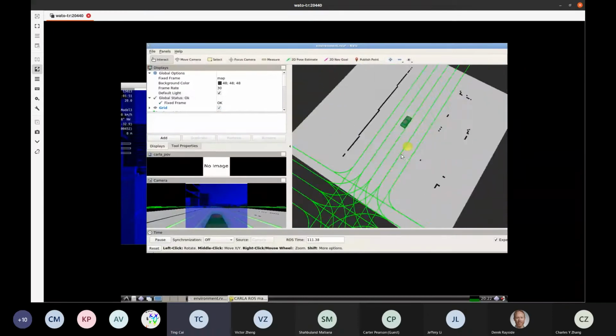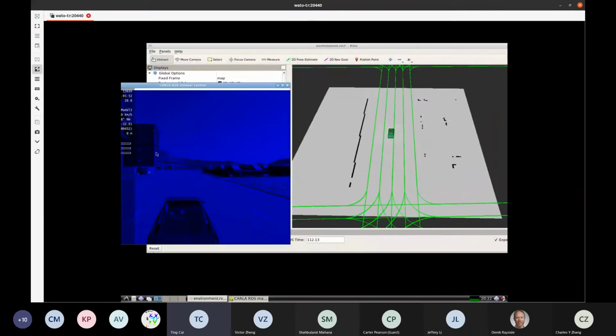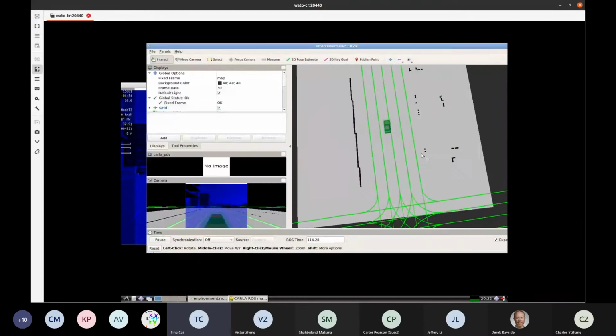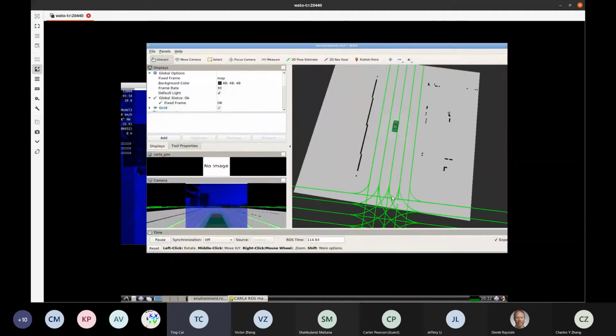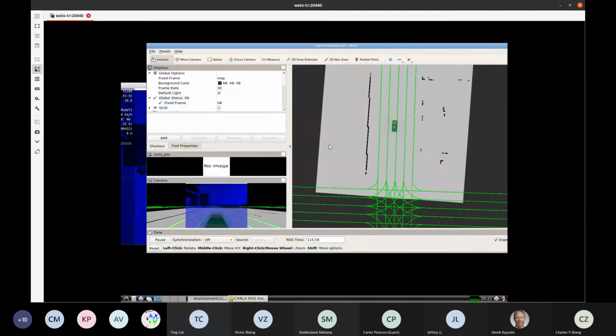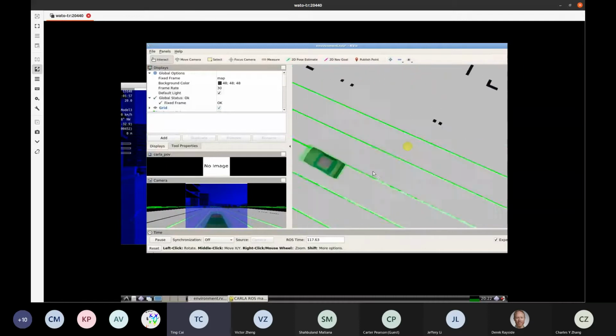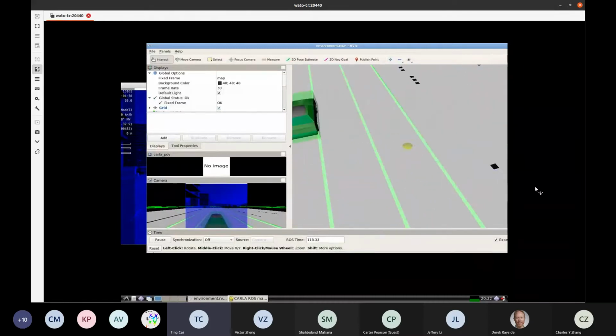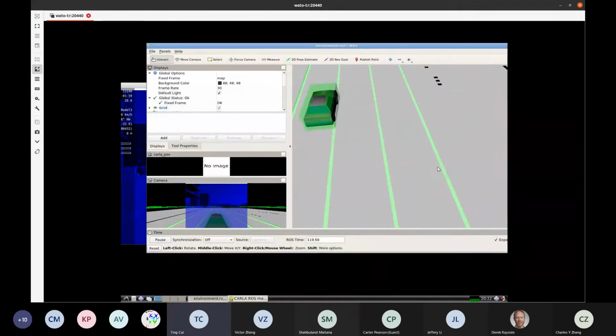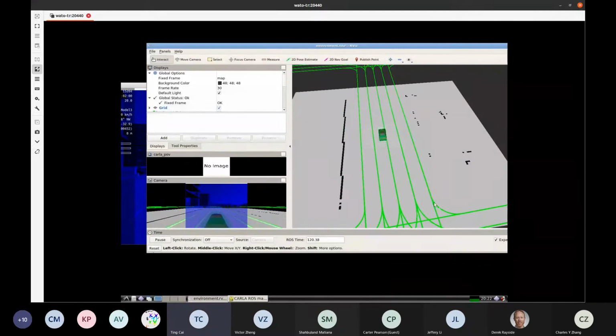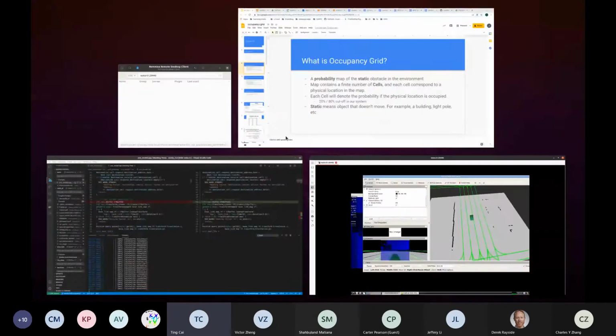If you look at the simulator we have right now, this is Arvis. The simulator is in the background, although there's a little blue. There are some simulator issues here, but don't worry, it still works. So this is our occupancy grid. The entire gray area, this gray square right here, is the occupancy grid. This gray square is actually made of a lot of small cells together. If you zoom in, you can see that each of these small black dots is actually a single cell. So by combining all the cells together, we have a representation of our environment. Now going back to the slides,